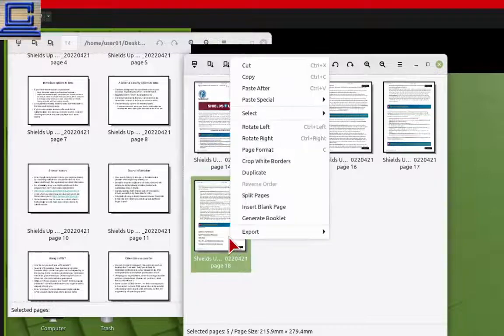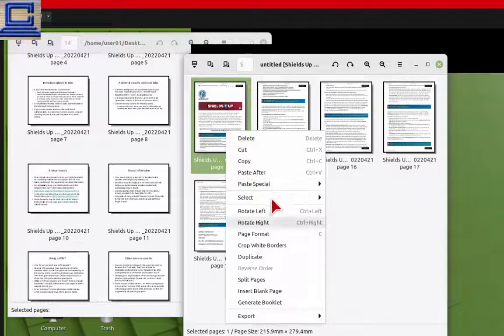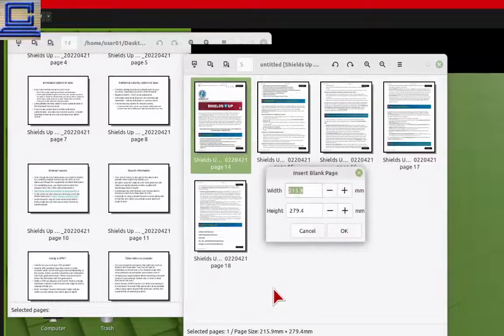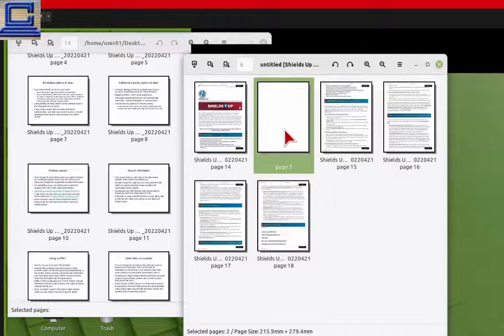Okay. Let me just see whether or not I can. I can also insert a blank page if I want one anywhere. For example, if I want a blank page, I can do that. Now I've got a blank page, and I can put stuff onto that blank page if I want to edit. And so that's basically,